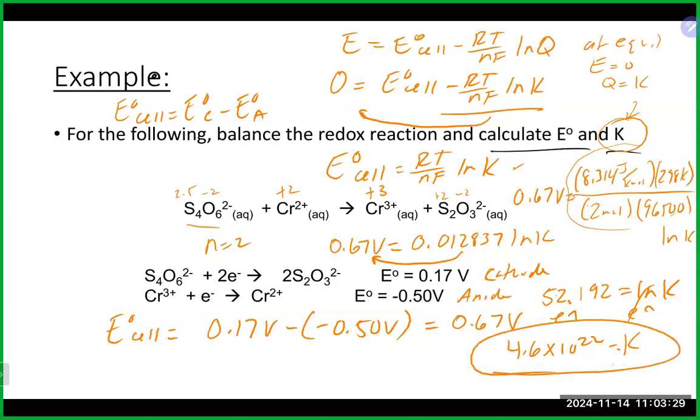22, which is a large value of K, and that goes okay with our positive cell voltage, which means we should have a negative delta G, which means the reaction should be spontaneous, should be heading to the products, and we should have more products than reactants and a large value of K. Again, all those things should agree with each other when you look at them. Any questions on any of that there? All right, we're